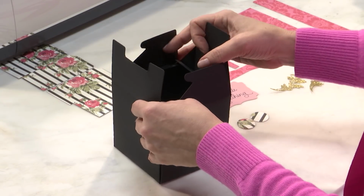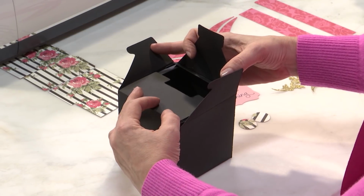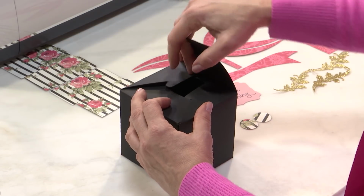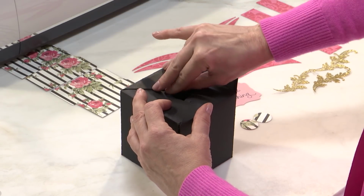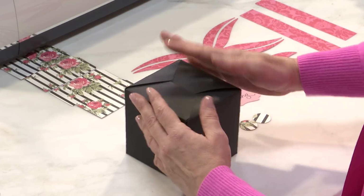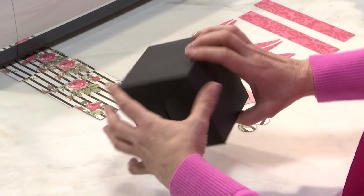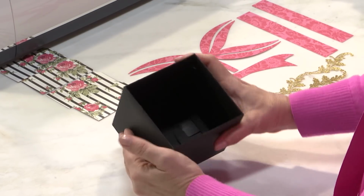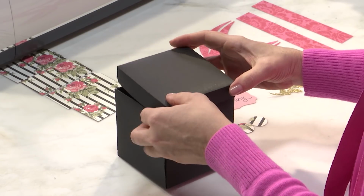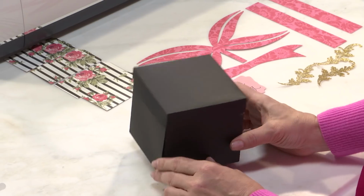It's very much like one of those office supply boxes where you put side A in first, side B and the little tab, side C, tuck the little tab, and then D that goes right in the middle. So you have the perfect finish to the box. Now, all you need is your present, right? Well, let's make sure that we wrap the top of this beautiful little box perfectly with a bow and a